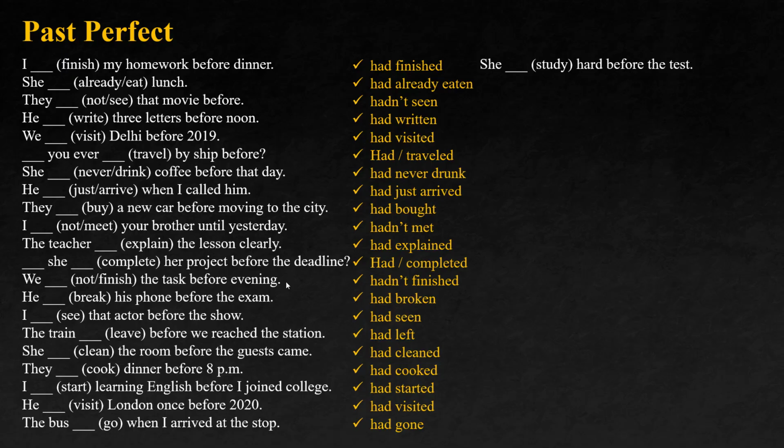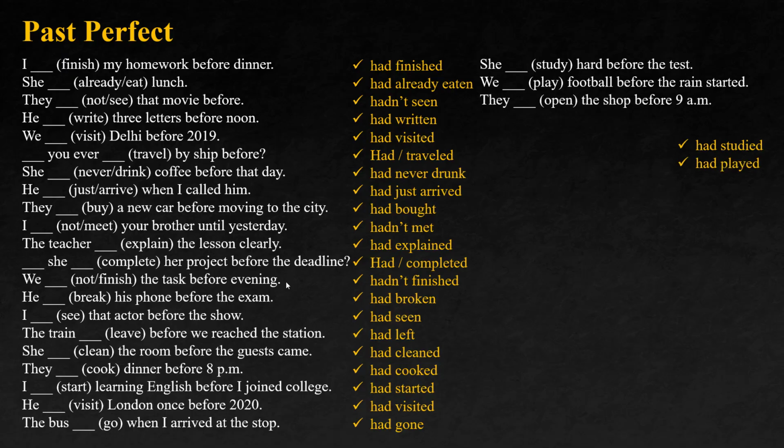He had studied hard before the lab test. Pratham. We had played football before the rain started. They had opened the shop before 9 a.m. He had called me before the meeting started.